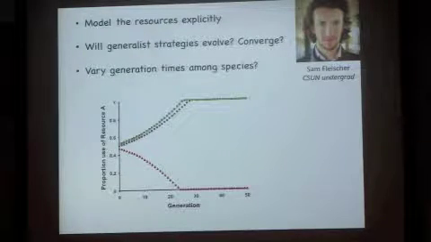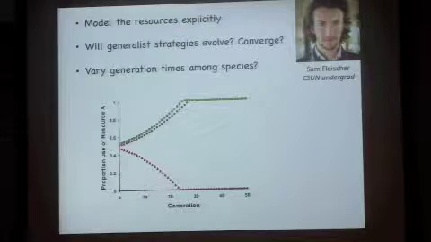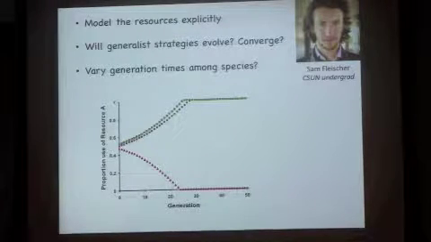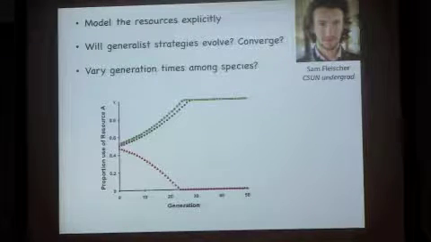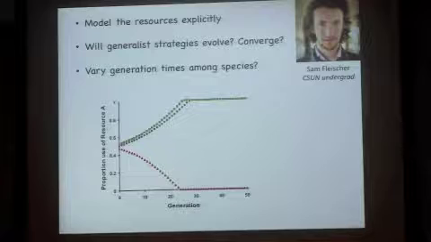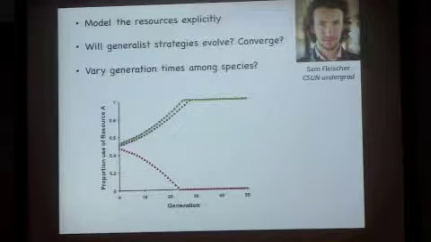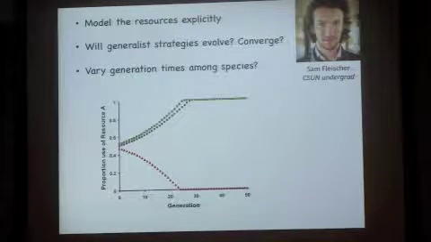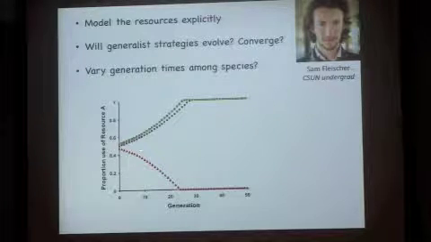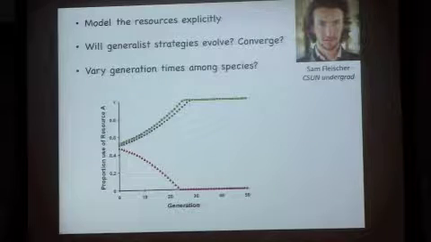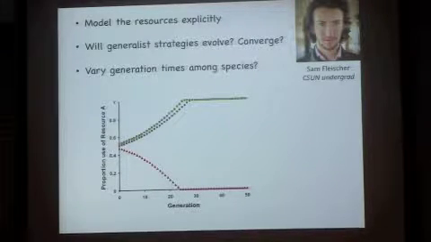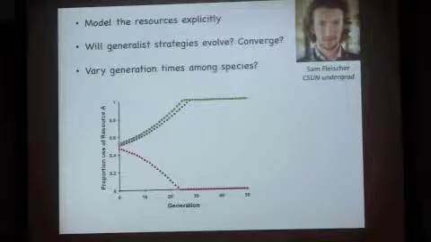And I think one of the problems with this model is that we don't model the resources explicitly. So there's a constant supply of resources in that community, so it's like a chemostat sort of system. And I think modeling those resources explicitly might allow some species to be a generalist here in the middle when the resources are changing as resource use changes. So what we want to know is if a generalist strategy can evolve, if you can have a species that stays here in the middle, can you also get convergence on that generalist strategy or not? Is there then just 3 strategies instead of 2?